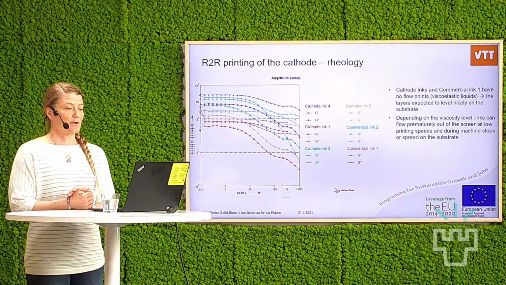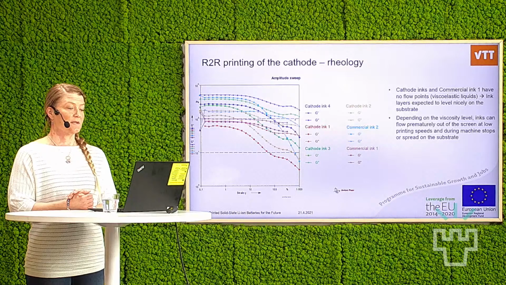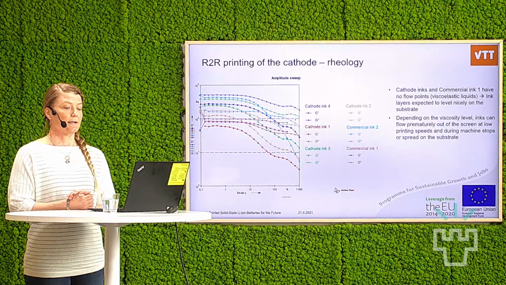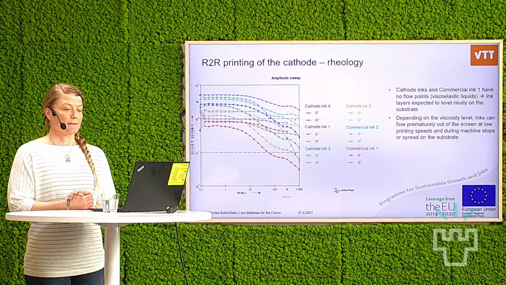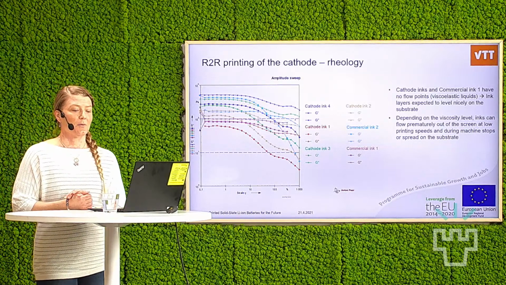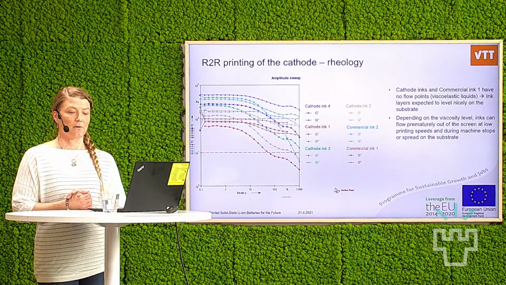In the rheology measurements, we also did an amplitude sweep. And from these measurements, we find out that all of the cathode inks have no flow point, which means that they stay in their viscoelastic liquid state throughout the time. And this is an indication that we expect the printed layers to level quite nicely on